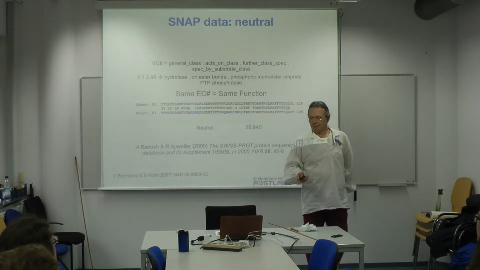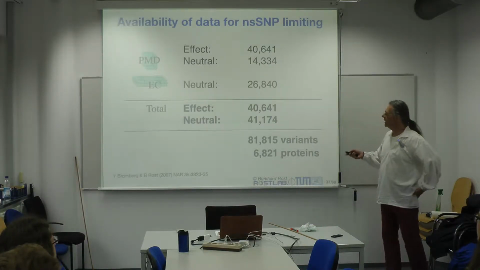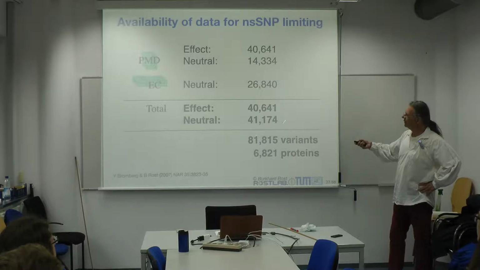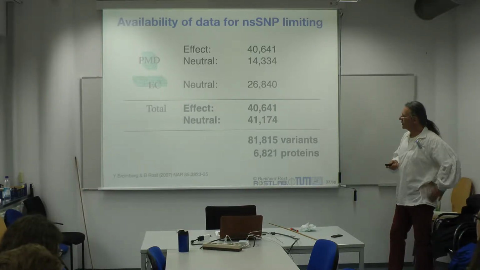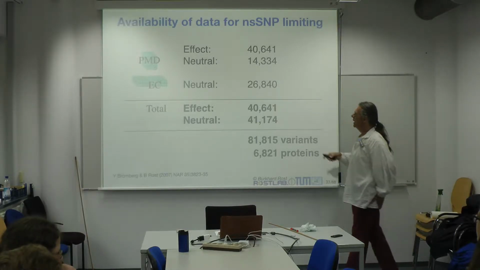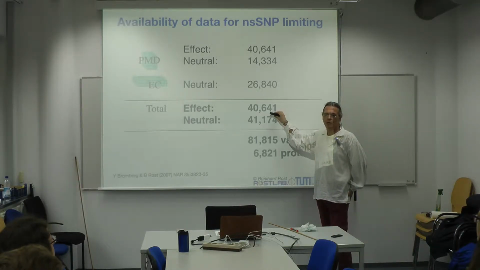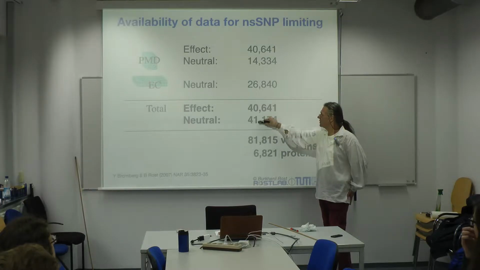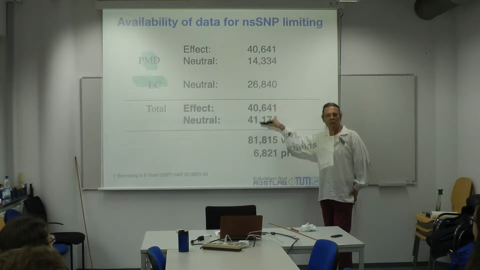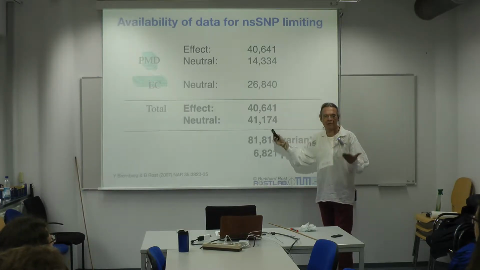Okay? That created in our particular data set a total of sort of 41,000 neutrals, so effect and neutral now is sort of on equal grounds, numerically at least. Not quite on equal grounds, because in some sense there are more mistakes in these than in these,